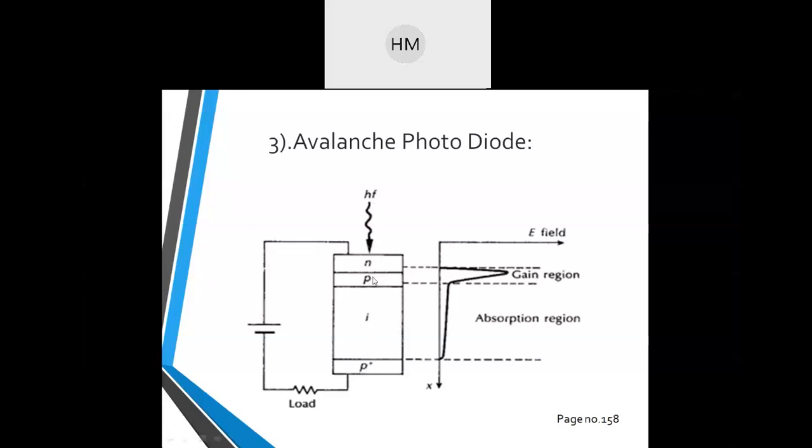In the PN plus junction, a high electric field exists. The average number of electron hole pairs created by a carrier per unit distance traveled is called ionization. A very important word, student, ionization. Ionization will occur, and now here we will see two or three parameters, that is electron ionization rate and hole ionization rate. The average number of electron hole pairs created by a carrier per unit distance traveled is called ionization.